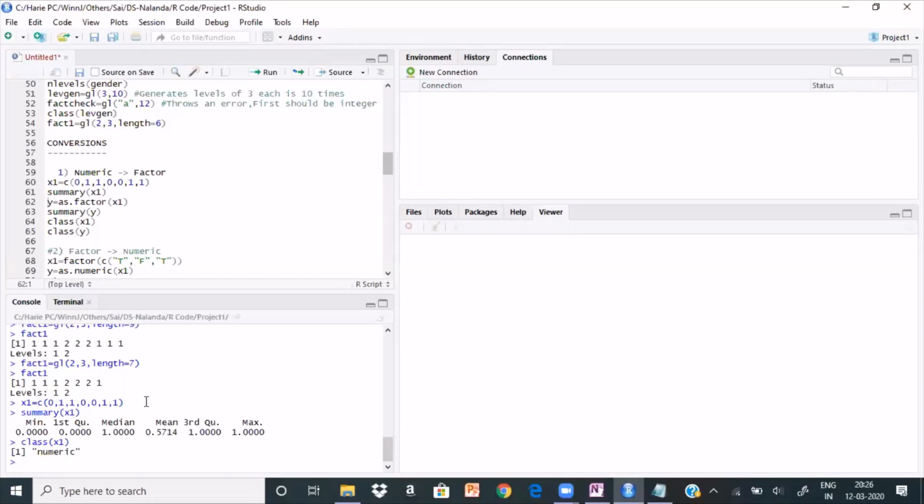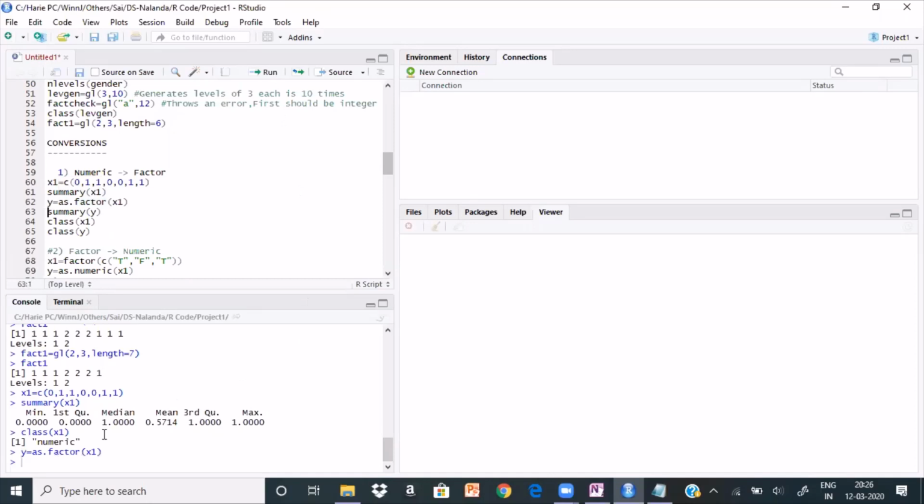Okay. Now I want to convert this into a factor. So what I do, I use the as dot factor function, and I pass this variable x1 to this function and generate a new variable called y. When I clear this, see here, automatically this has been created.